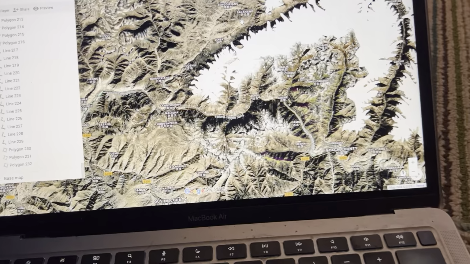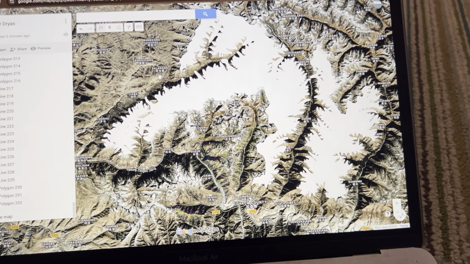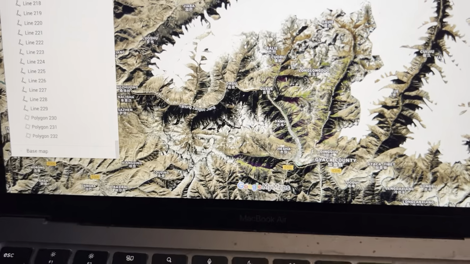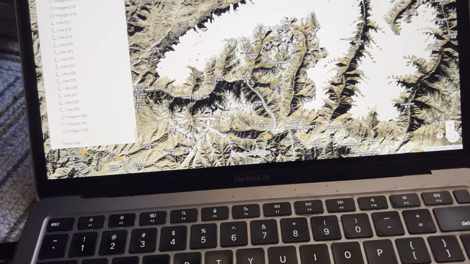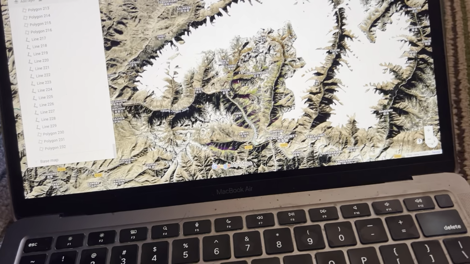But here's pretty much what it would look like. There's no trees. So all these shadows would be kind of brown. They wouldn't have trees over them. The trees like the shade. But